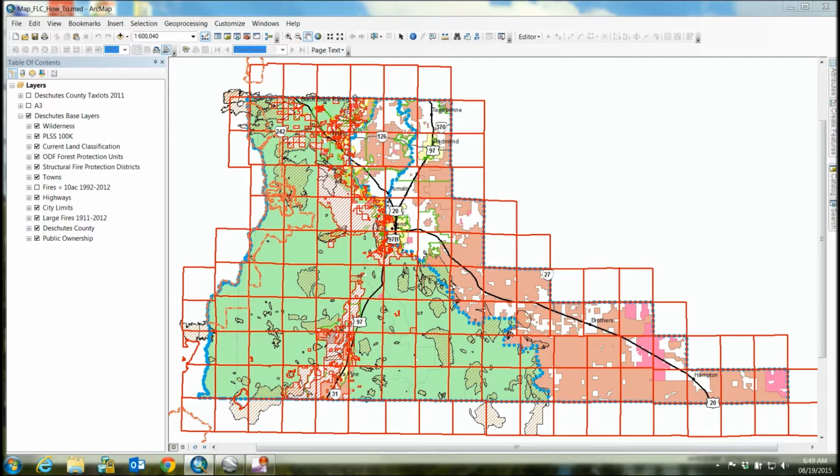Okay, this is a how-to on making your map into a KML so that you can put it onto Google Earth for presenting to stuff like your land classification committee. So starting with ArcMap, I grouped all of my layers over here under just the Deschutes